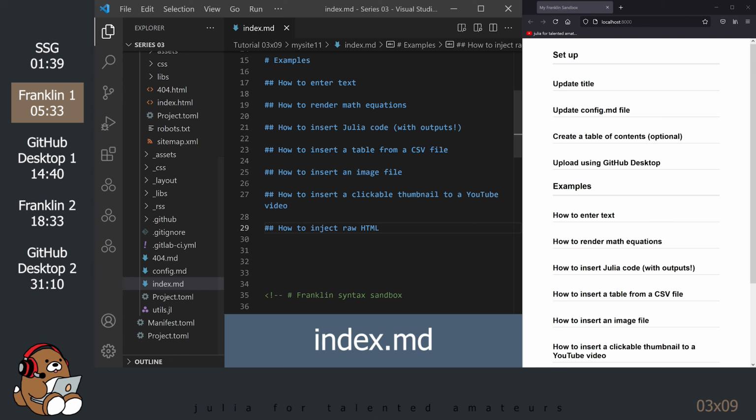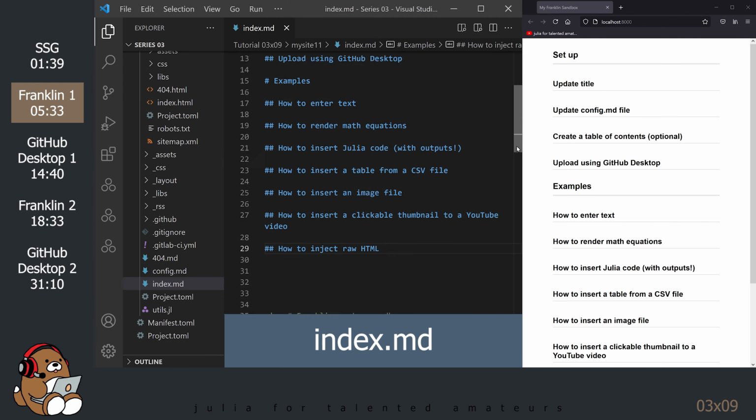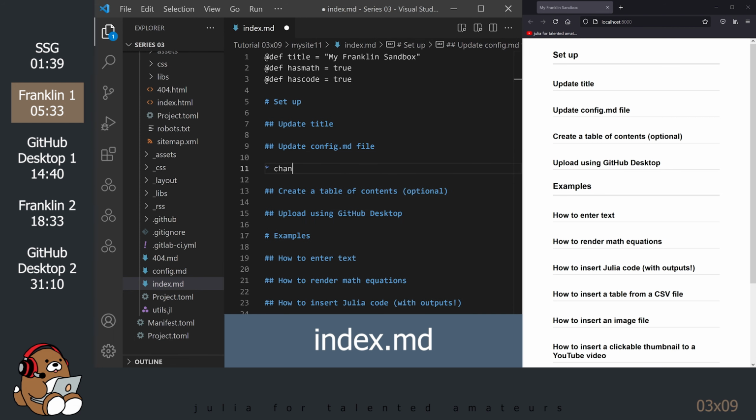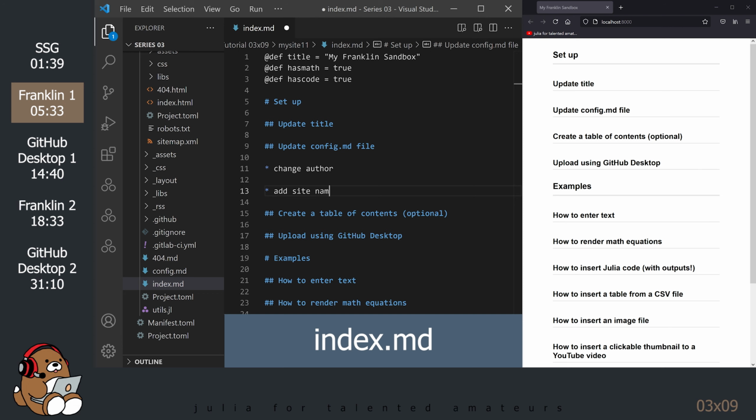You get the idea. Now that we know how this is working, I won't be going back and forth to the index.html page. Now, scroll up to the top of the Markdown file, and let's start going through this list. I'll be saving my file as we make changes. We've already updated the title, so let's move on to updating the config.md file.